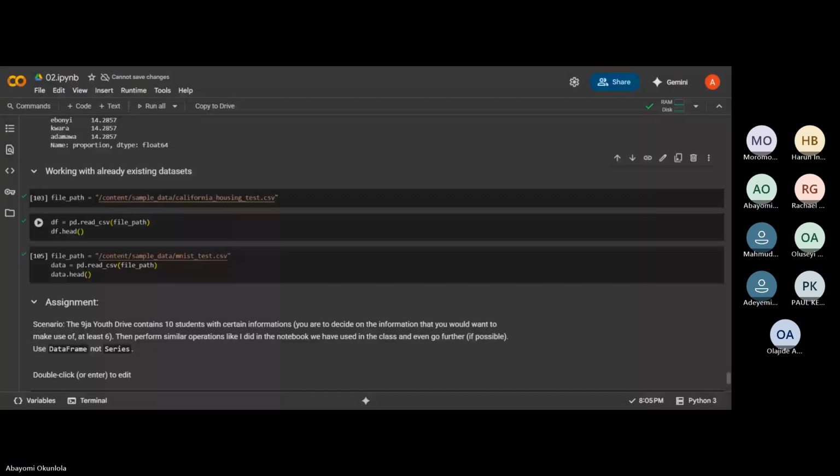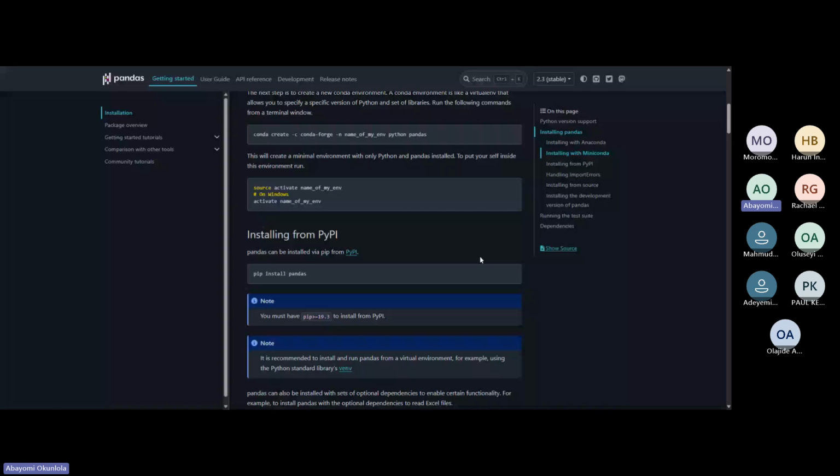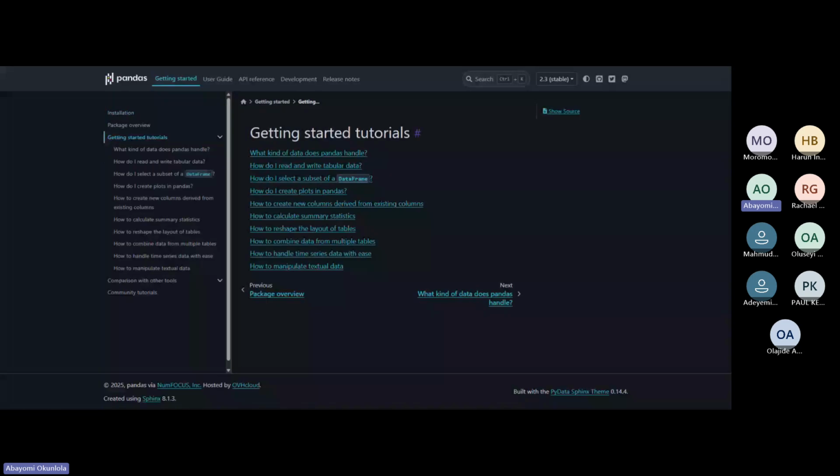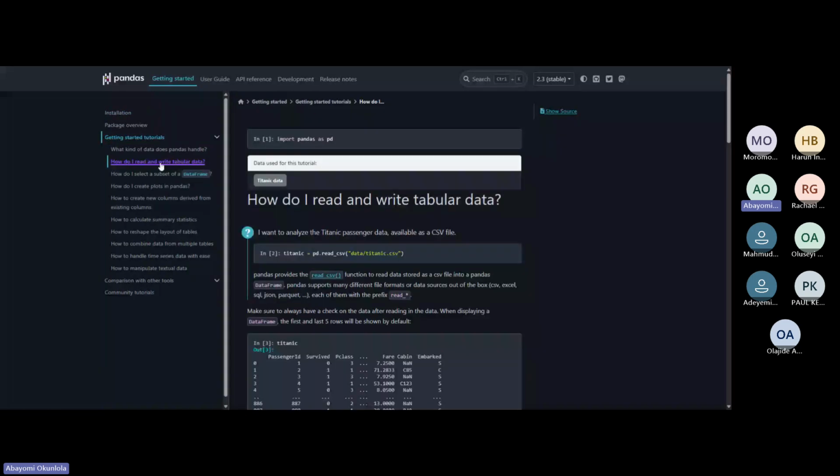How do I begin my data manipulation? First things first, let's explore the documentation. So let me see this getting started tutorial: how do I read and write tabular data?